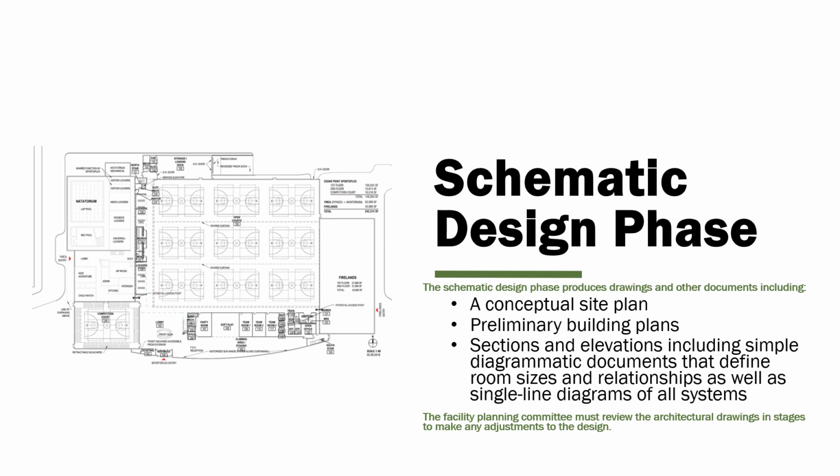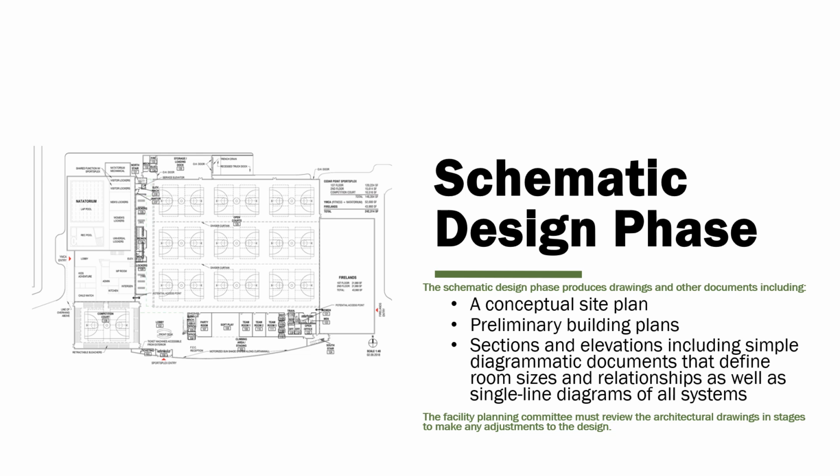Single line diagrams are particularly useful for depicting the building's systems in a simplified manner. The involvement of the facility planning committee in reviewing these architectural documents is crucial at this stage. By doing so, they can ensure the design aligns with the functional, operational, and aesthetic goals. This feedback loop allows designers to refine the concept and address any potential issues before moving to the next phase